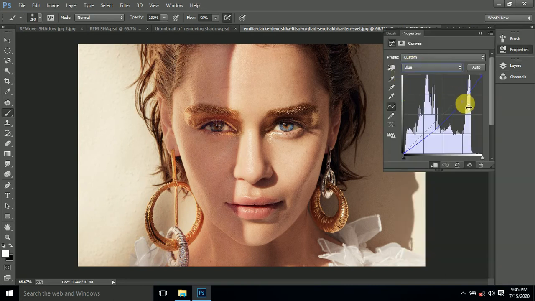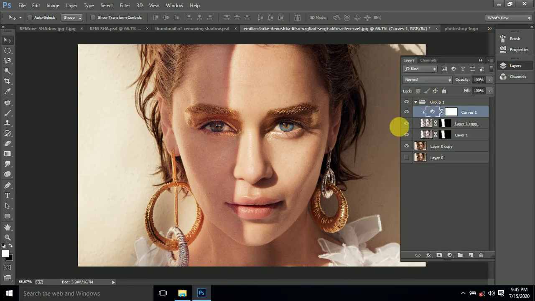Now click on the blue channel. Here is the before, here is the after. Now this is before and this is after.